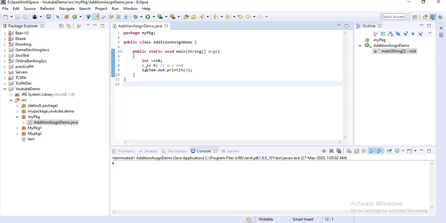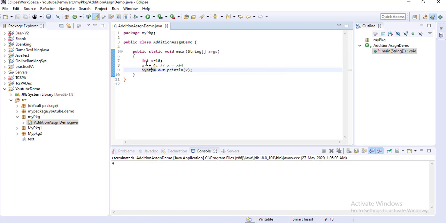So basically in Java, plus equal to means addition assignment operator, that is one arithmetic operator, but equal to plus, there is no such operator in Java. Okay, so what it is doing, x equal to plus 4, that means the value of plus 4 it is assigning to x. Okay, and while we are printing the x value, the sign of the value is omitted, it will print only the value, so it omits the plus.